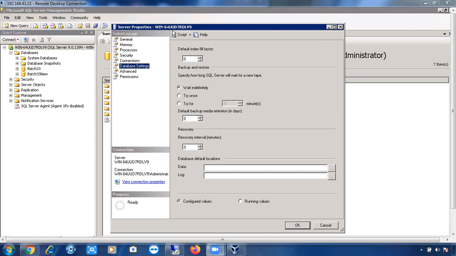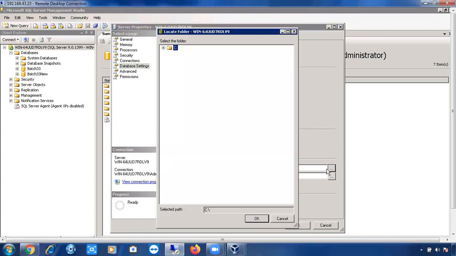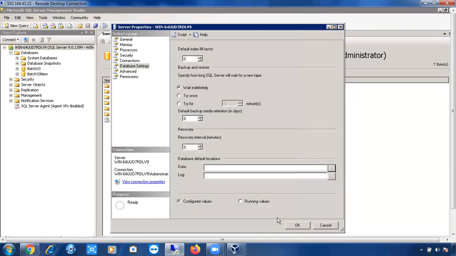Here you can mention the default data file location and the default log file location. Click on this button. I don't have any other drives, only the C drive. If you have multiple drives like D, E, F, you can expand any of them. You can create a new folder for the data file and log file, or give an existing folder location here.